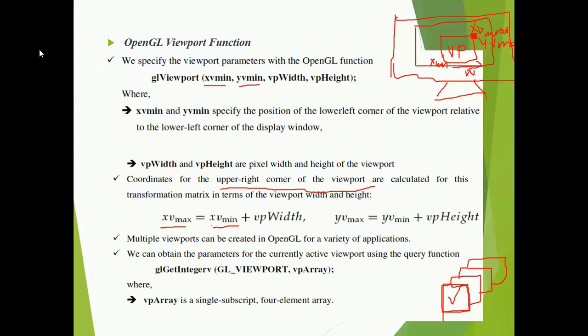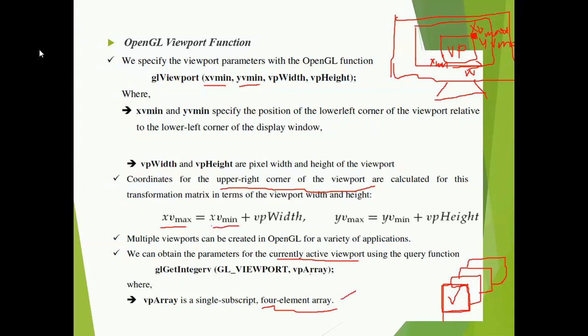To get the parameter values for the currently active viewport, we have a function here: glGetIntegerv(GL_VIEWPORT, vpArray). We consider this vpArray a 4-element array. What may this array consist of?